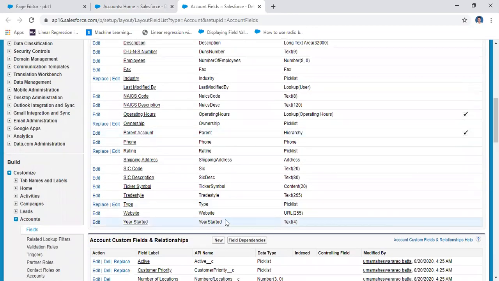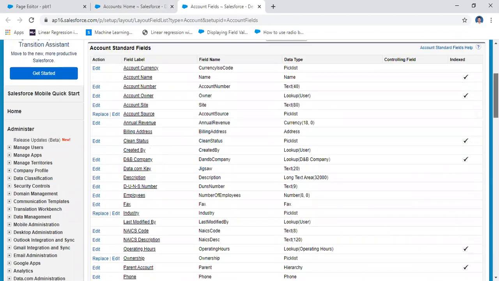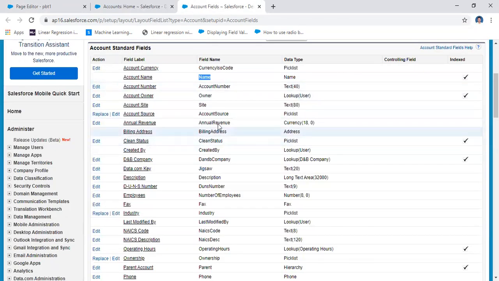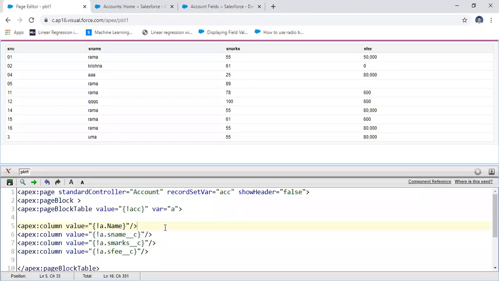That means you may use account website, or you may use parent. You may use any one of the fields. For example, I am using the name here, a dot name. Okay, name already existed here, and then account number, a dot account number.